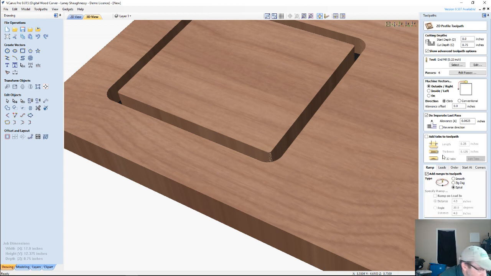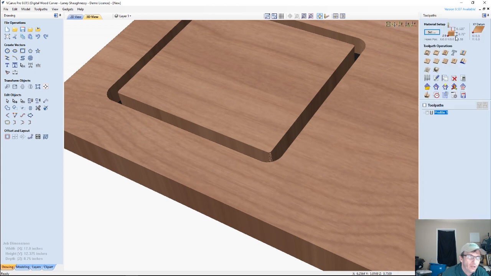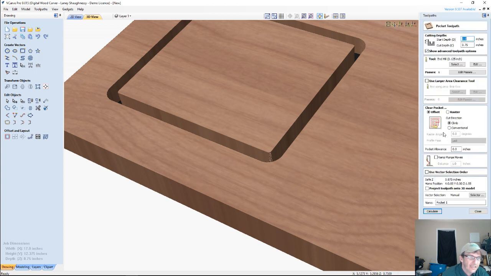There's nothing wrong with ramping at all. It's always a good idea to add ramping of some sort to your profile cuts or your cuts to help extend the life of the bits. And again, not necessarily just your profile cuts. I think most all, and let me verify before I start speaking out of turn, most all toolpaths,